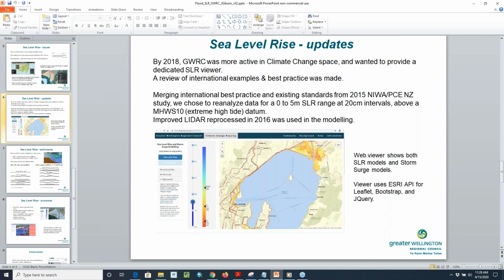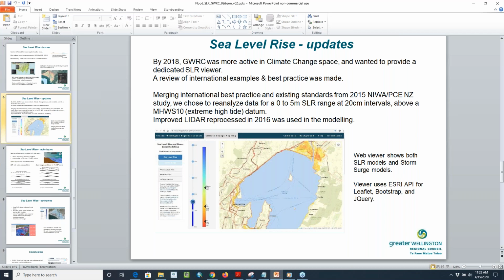Moving on to 2018, GWRC had become more active in the climate change space, and we wanted to provide a dedicated sea level rise viewer. So as with the river flooding, we made a review of international examples and best practice. And we aimed to merge the best practice that we'd find with existing standards from the 2015 New Zealand study